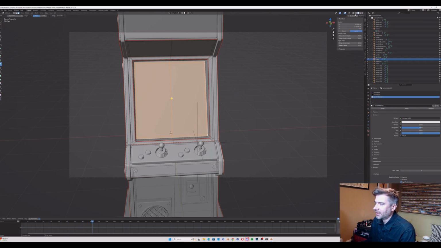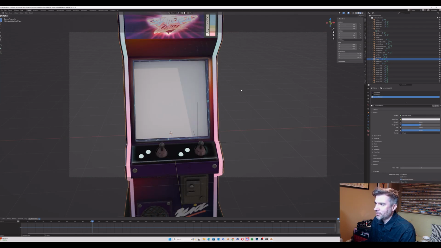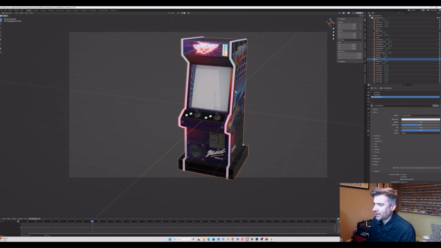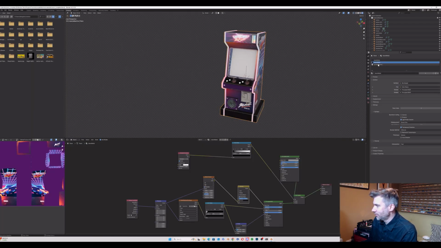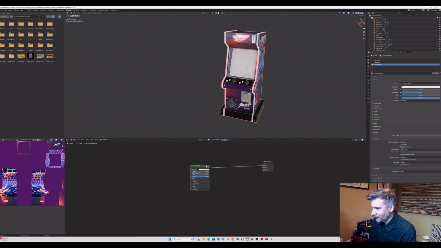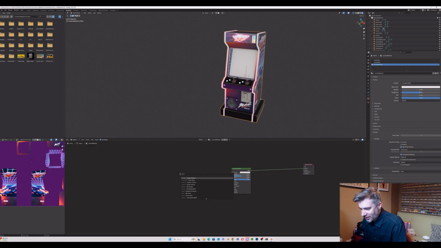and hit assign. And if we just go back into our materials preview, it should be white, and then we go into our shading view and make sure we've got it selected. So we're going to add in an image texture again, and what we're actually going to use here,